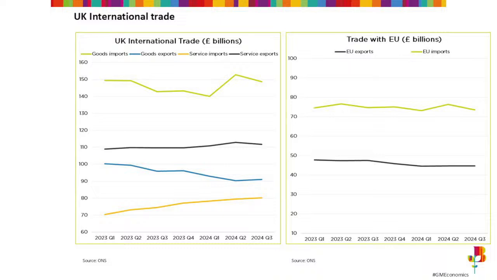Overall, yes, because imports could go up. So if you look at the overall quota of international trade, yes. But even exports, there were quarterly fluctuations, there were monthly fluctuations, and that's what they have really picked up. But actually, the long-term trend since 2023 Q1 is that our EU exports have slightly declined and then they started to stabilize. With imports, again, there was some stability more or less. It's hovering between that 70 and 80 billion in a quarter, and then there has been a slight decline. So that's one part of the story, right? You can look at these quarterly